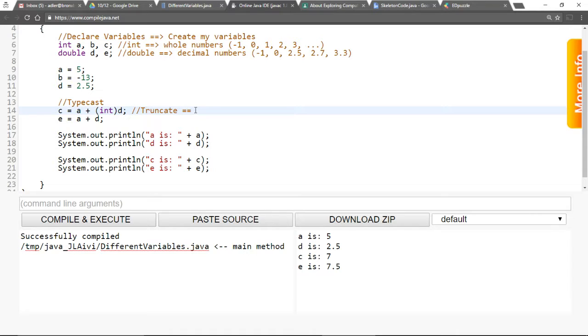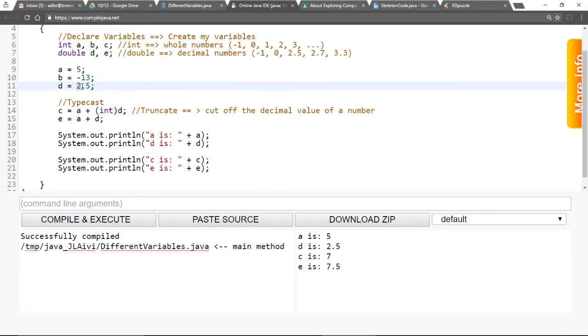To truncate a value just means to cut off the decimal value of a number. So whenever I typecast a double into an integer, it truncates that value and it goes from whatever it was,